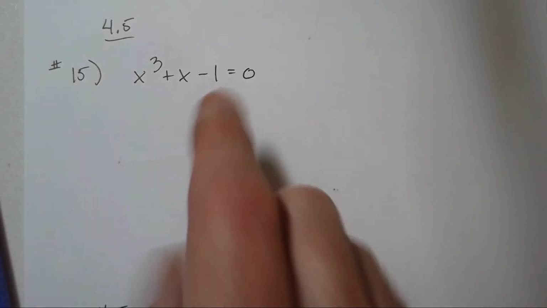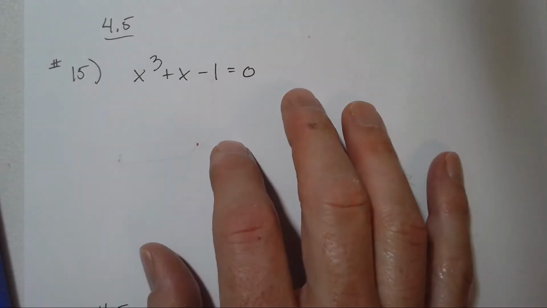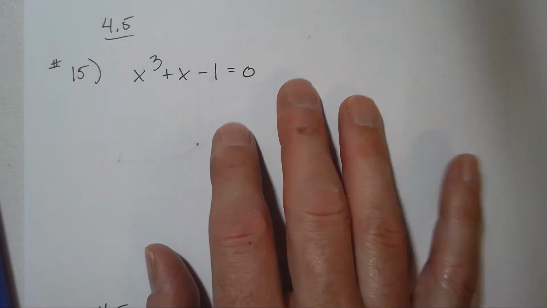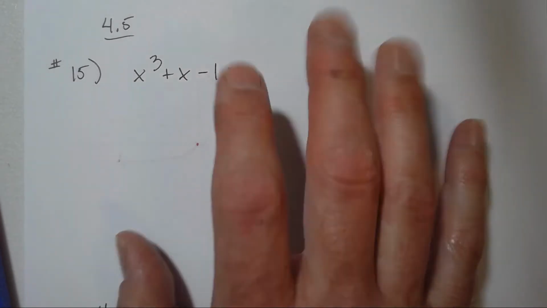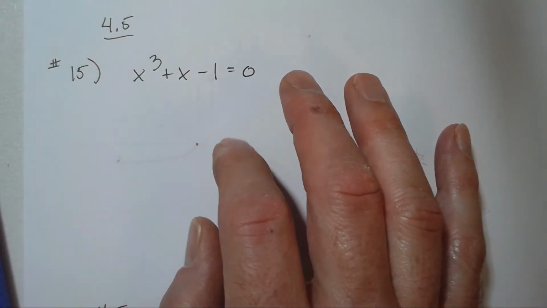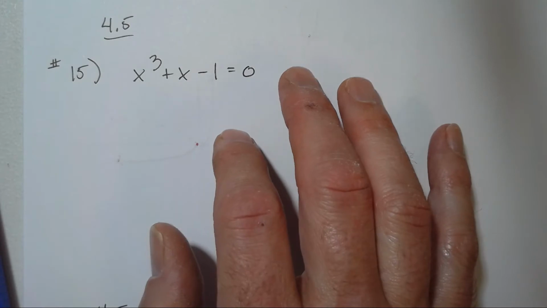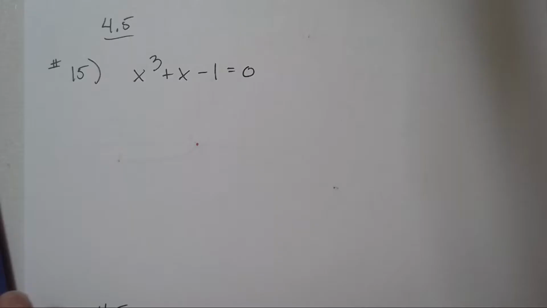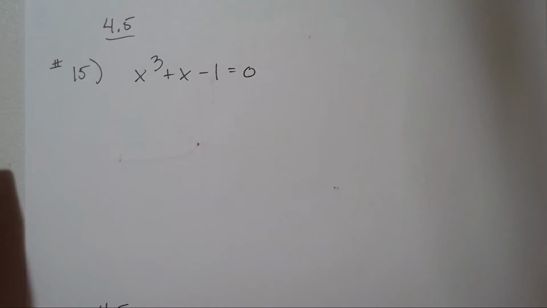So on a test or quiz in Mr. Winkler's class, you're going to be given the initial guess. So you don't have to worry about figuring out where your first guess is going to be. And for our purposes, well, if we pretended we didn't have graphing calculators, what I would do is I'd just